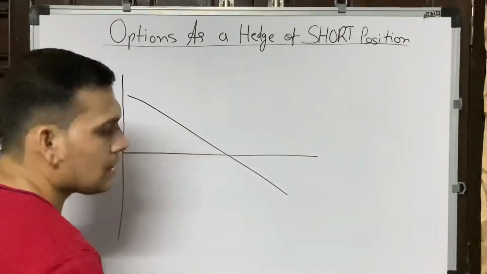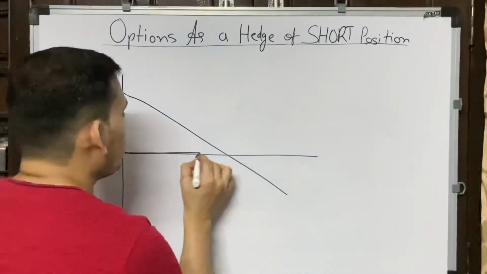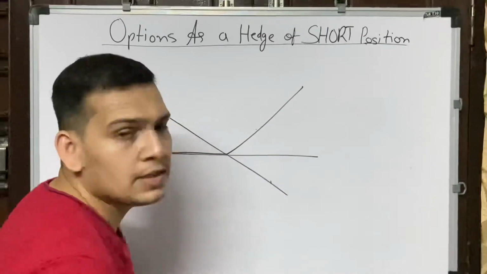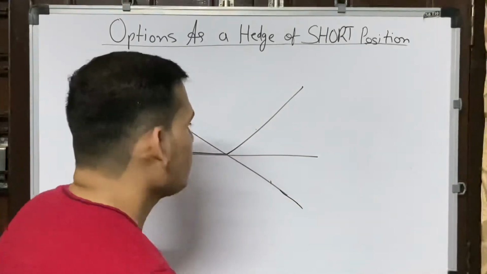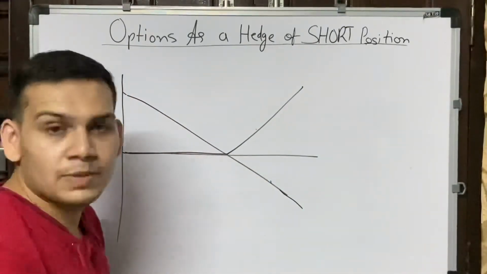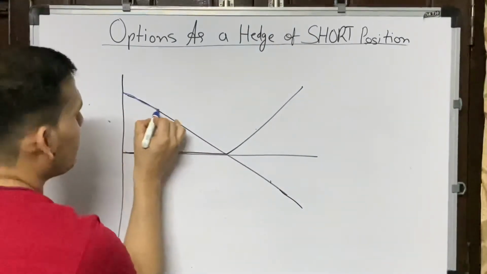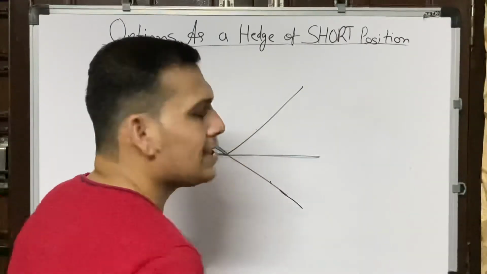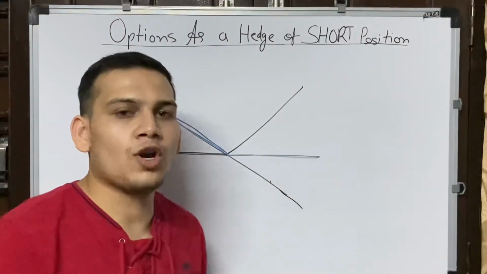The payoff diagram is like this. Similarly, if you buy a call option, your payoff is like this. Now you can see that this position is completely offsetting this position. So the loss you are going to have because of a rising stock price will be taken care of by the call option, and you will only have the upside when the price goes down. So the net payoff will be like this. This will be your payoff diagram for a short position plus a call option.